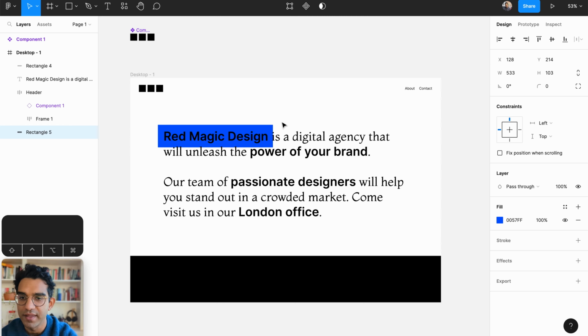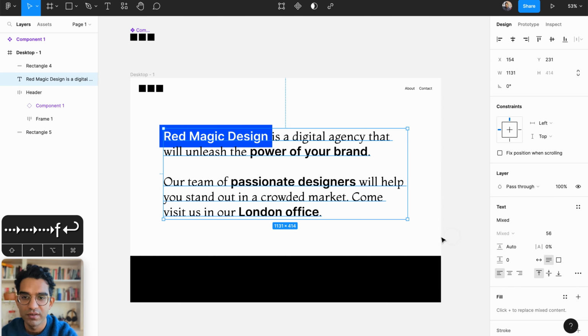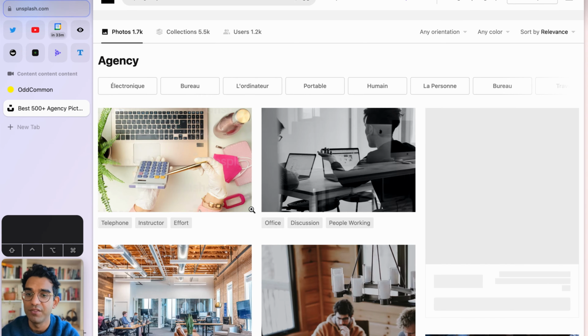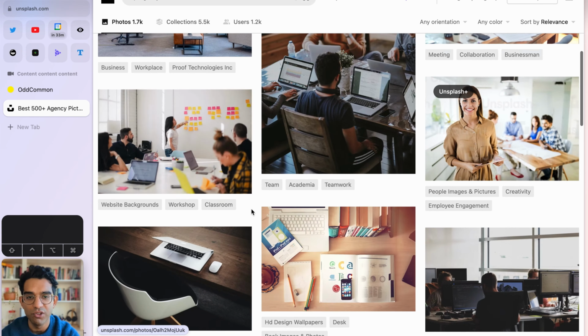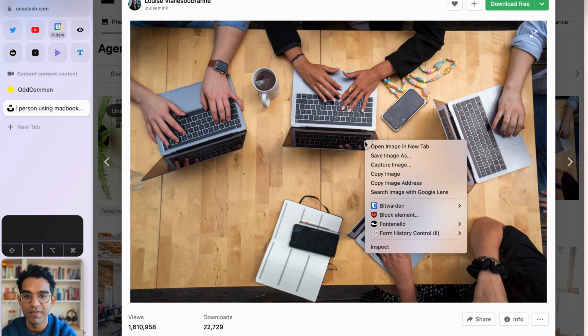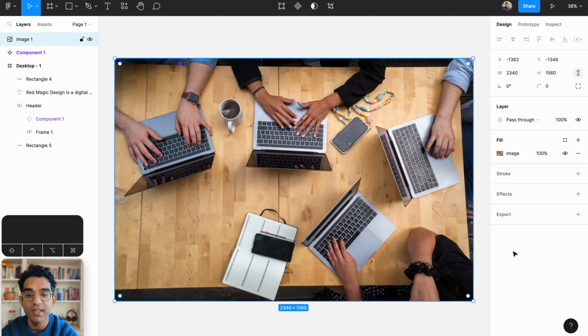Very roughly line that up. Not doing anything too specific here. And then lastly, just set that font to white. And then if we just jump over to Unsplash and search for agency, I'm going to choose an image, maybe something like this, which doesn't have people's faces in it, and back into Figma, pasting it, we'll see where the